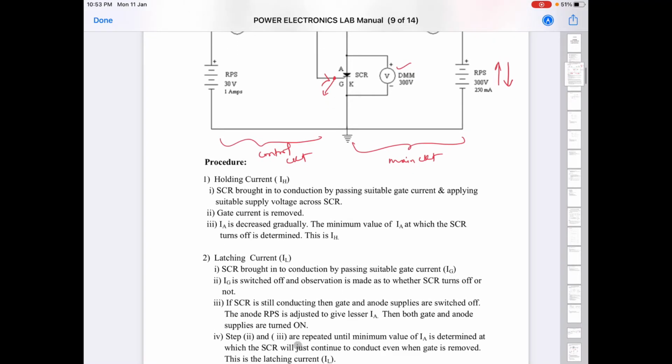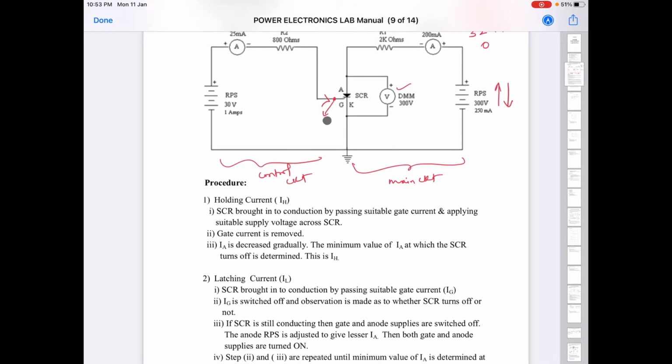Now again you have to remove it. That is what the fourth step is. Again you have to remove it. Once you remove it, if it is still conducting, you have to do the same thing. You have to remove this, and without changing any knob position, directly switch off the mains, then slightly reduce the knob, that is, reduce the voltage, then you switch on. This also you put in, then it will be conducting. Now you remove it. Once you remove it, if it is still conducting, you do the same.